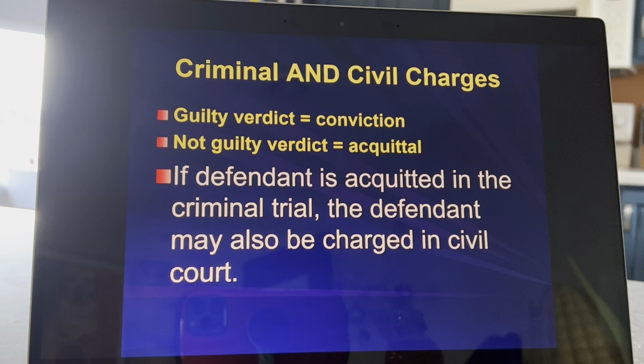So when a person is acquitted, they're never going to be declared innocent. It's basically, we didn't have the evidence to meet the burden of proof. And so even though we couldn't find you guilty, we had to find you not guilty, okay? Which does not have the same connotation as a person being innocent.